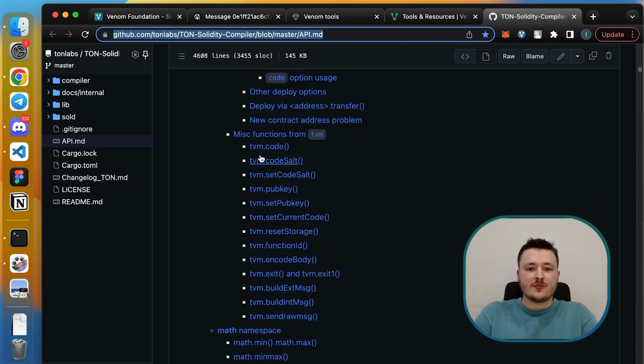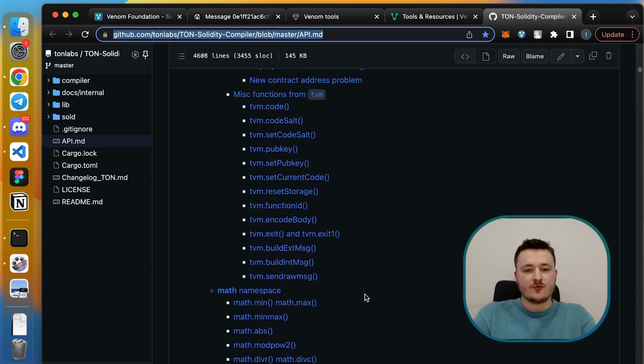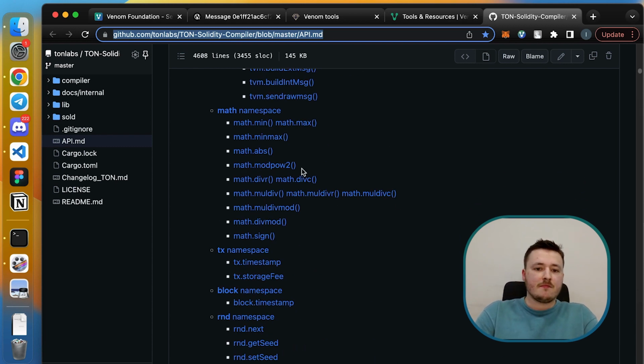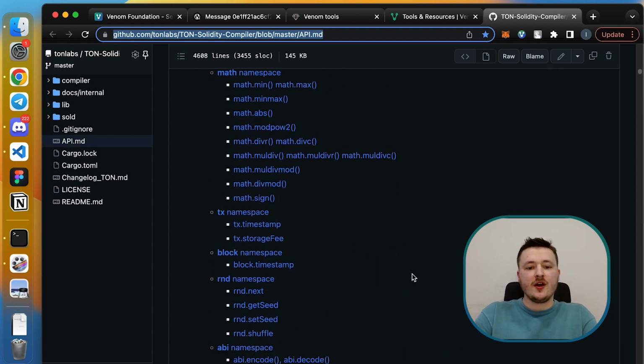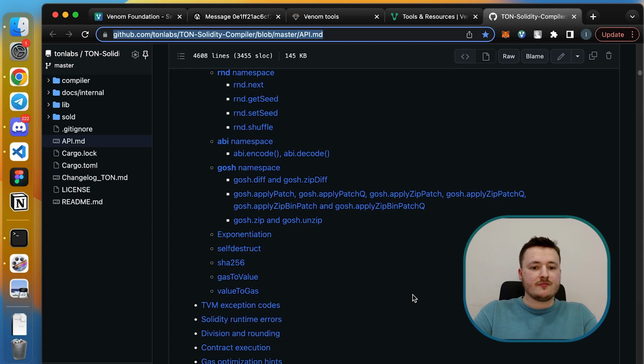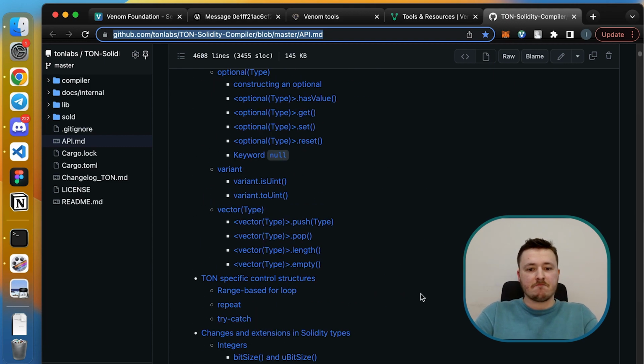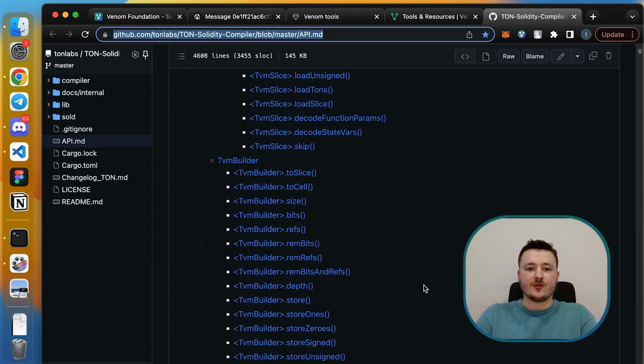Especially in the TVM namespace, because it's fully Venom specific. Also, mathematics namespace is built in as opposed to Solidity, EVM Solidity API, where you have mathematics library. So here the secure math is built in to compiler. We have also random number generator, just for you to know. So yeah, there are a lot of interesting stuff, and this is a very good entry point to know more,